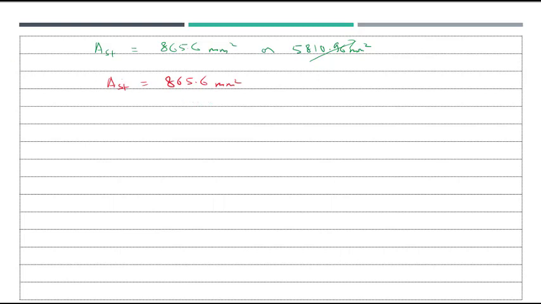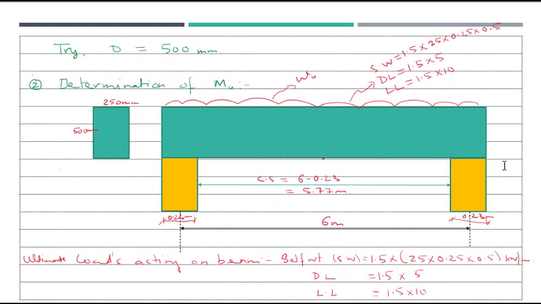So how are you going to do it? Now we'll see how you're going to provide this reinforcement in your beam. Okay, so this is your beam. You have maximum moment acting over here. So I have to provide my tension reinforcement in the bottom fiber. So I expect my reinforcement to be provided like this. This is the reinforcement which I have to provide in the tension side.